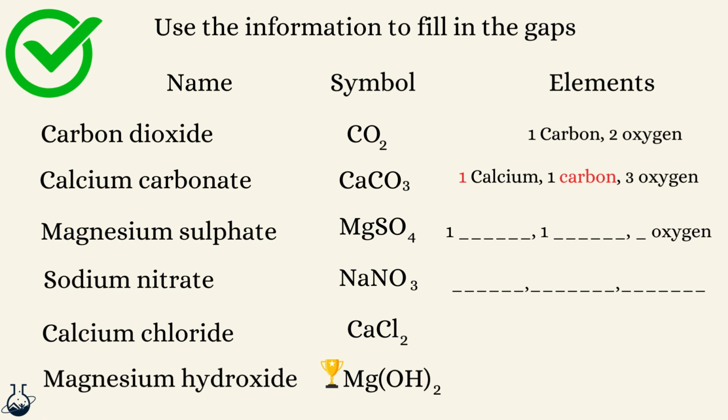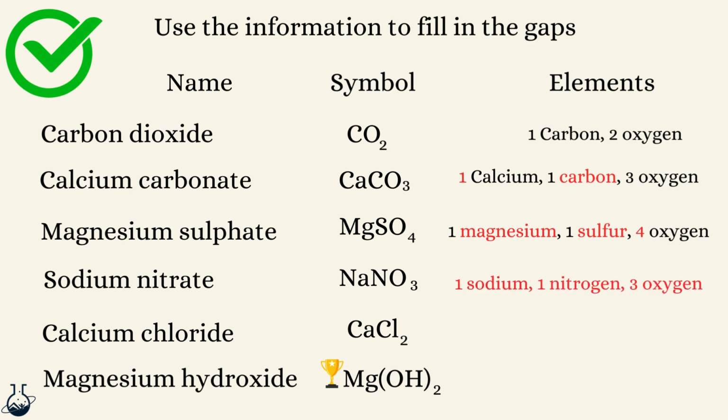CaCO3 has one calcium, one carbon, and three oxygens. Magnesium, sulfur, and four oxygens. NaCO3 has one sodium, one nitrogen, and three oxygens. CaCl2 has one calcium and two chlorine. And our challenge shows us